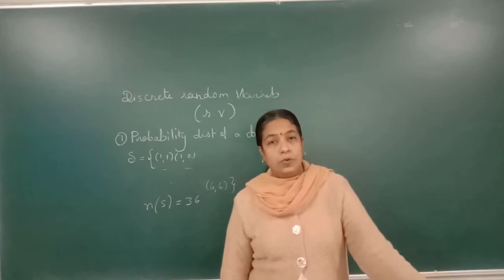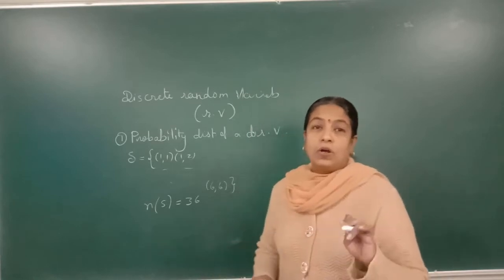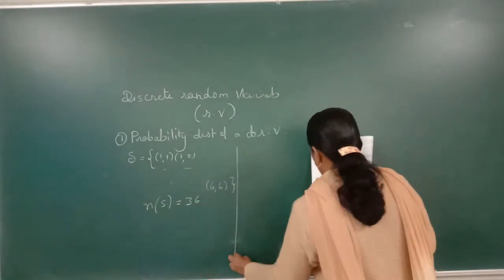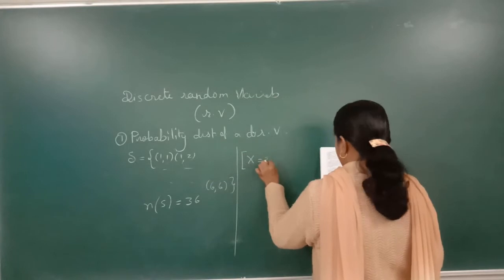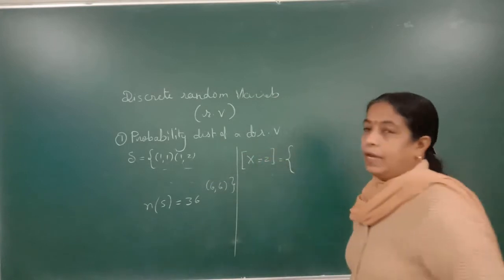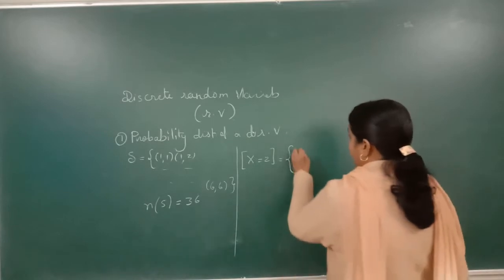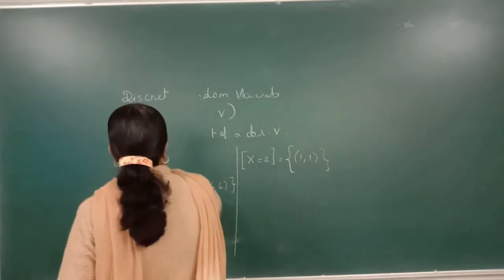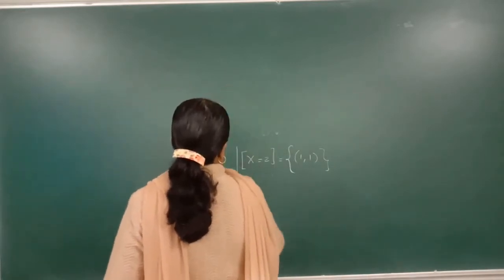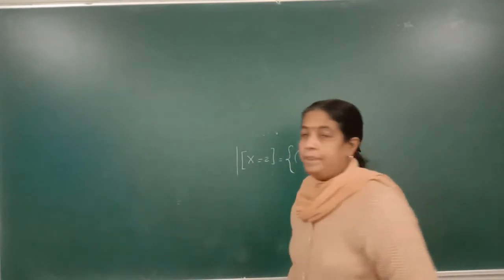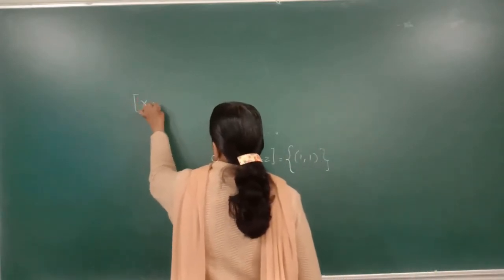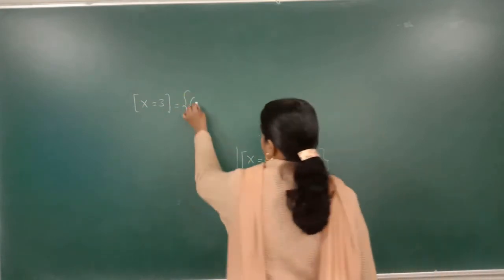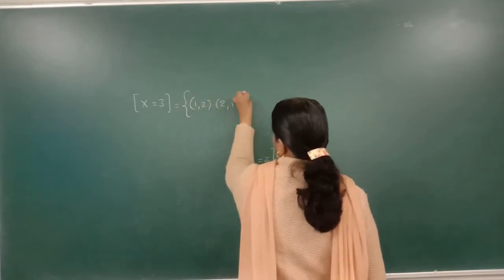I throw once, okay? In a single throw, so where does the minimum start? At 2, isn't it? So first, X is equal to 2. So which numbers will come in this? (1,1). Got it? X equal to 2 has come, because 1 cannot come at all. Starting from next, X is equal to 3. Now in 3, which numbers will come? (1,2) can come, (2,1) can come.